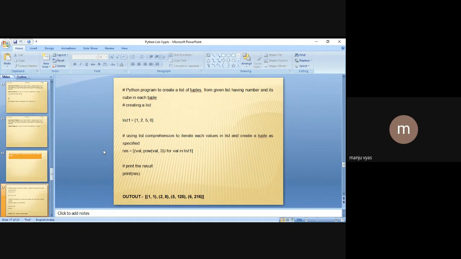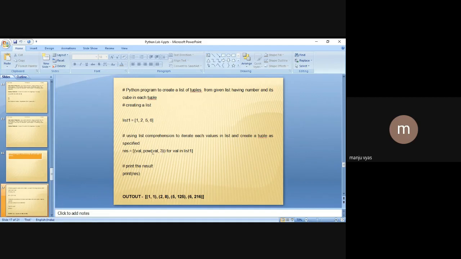First of all, how do we create the list? It's very simple. We create the list by declaring list1 is equal to, and we put the values in square brackets. Once we have created the list, we calculate the result by creating a tuple such that the first element of the tuple is the value from the list, and the second value is pow(value, 3).